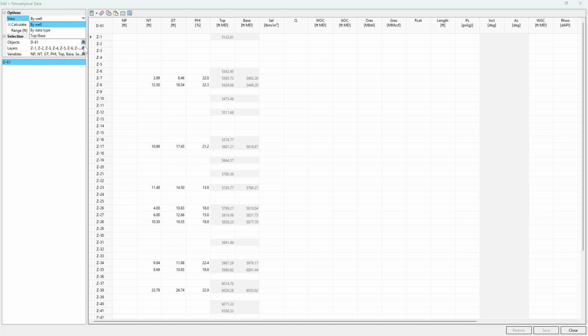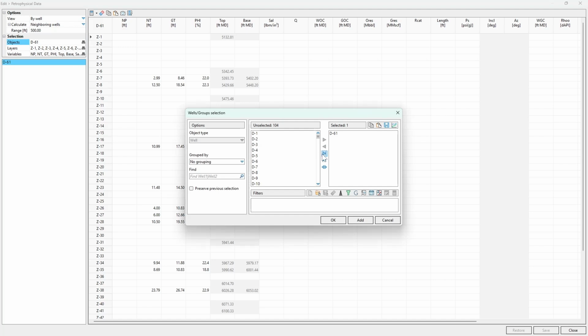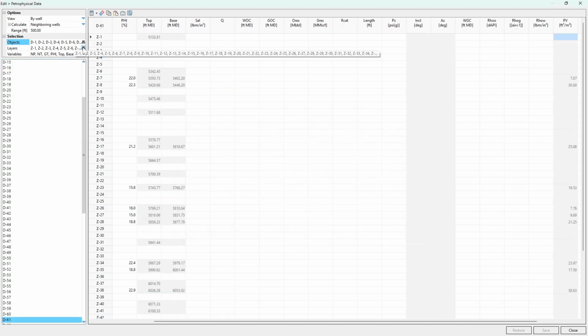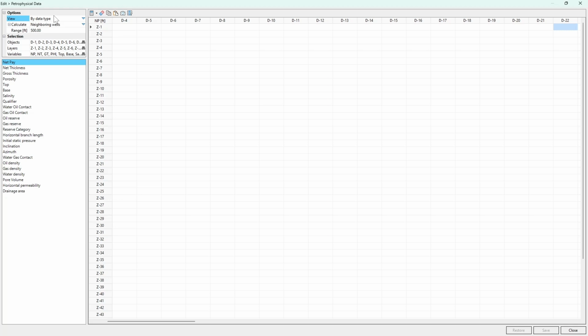We can also include more wells here, so we can do more examples. Let's change this one to data type. Here, this is another way to check the petrophysical data information. When you view it by data type, you can select the objects that will be shown